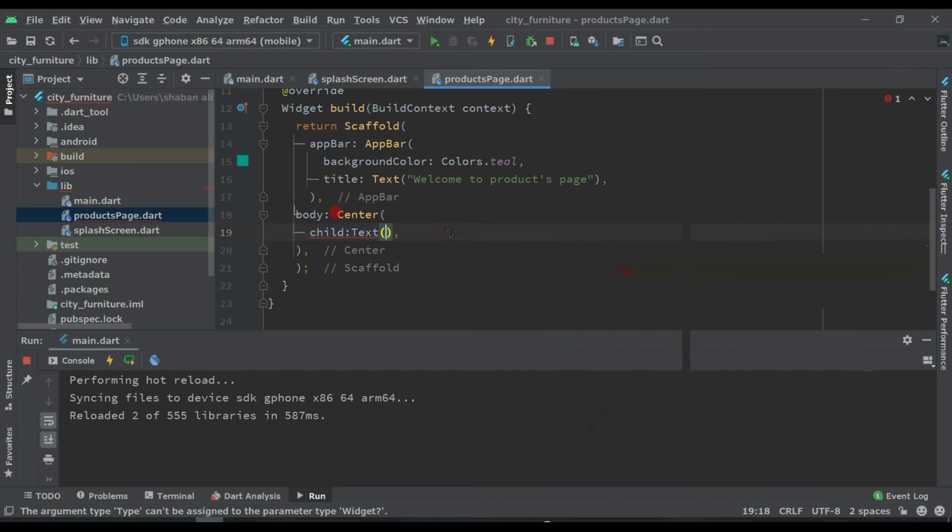So first of all, let's copy one image. Come back to the desktop, we have one image in downloads.